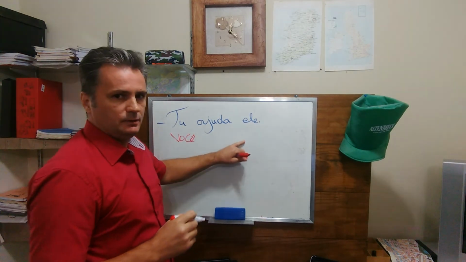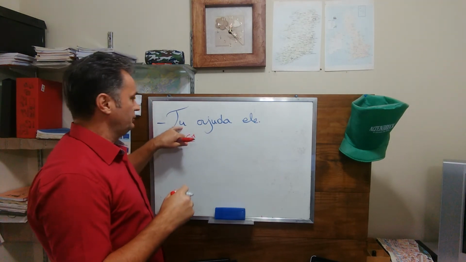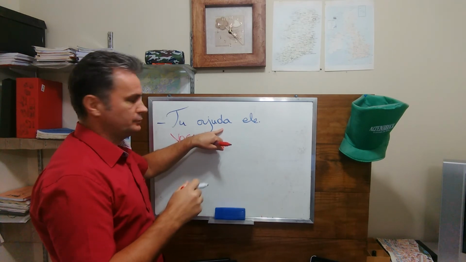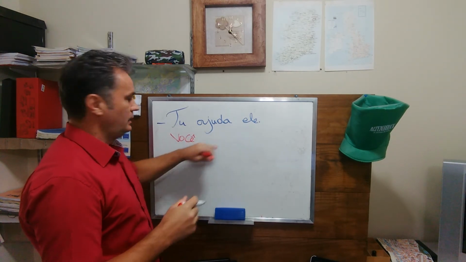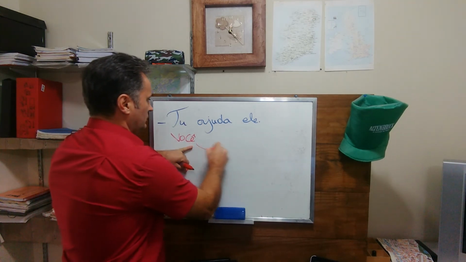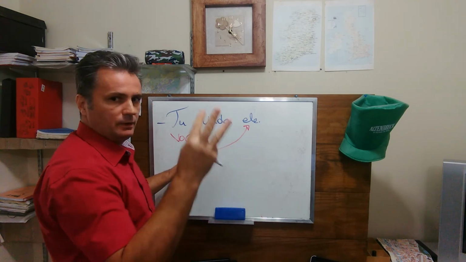Você ajuda ele, tu ajuda ele, okay? So, in our case, the pronoun is right, but the conjugation is wrong. In their case, the pronoun is wrong, but the conjugation is right, because você is equal to ele, ela, he or she, third person,